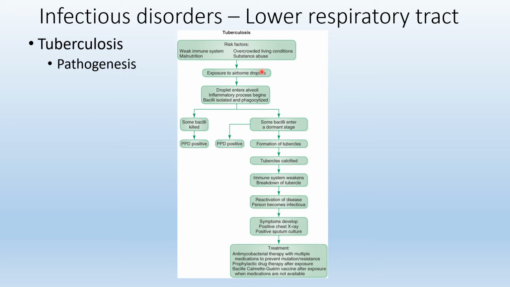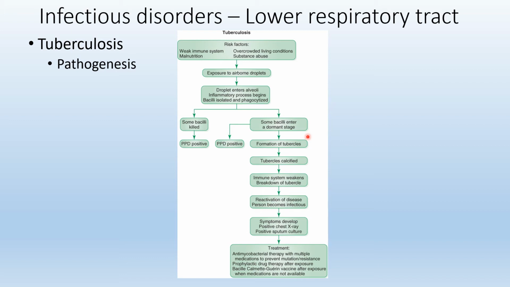The droplets can enter the alveoli, triggering an inflammatory response. Okay. So then we isolate the bacilli, and some of the bacilli are destroyed. Some of them are phagocytized, and so that is the destruction. Some of the bacilli enter the dormant stage. And if they enter the dormant stage, if it's an immunocompromised person,